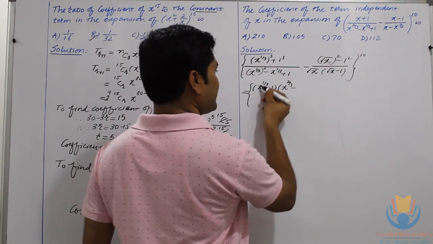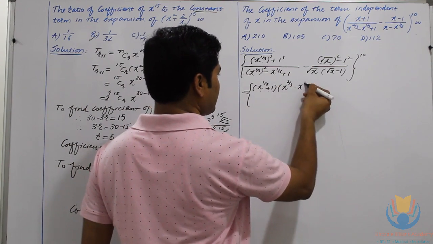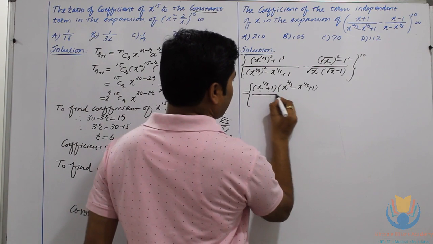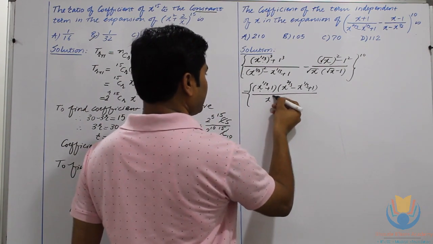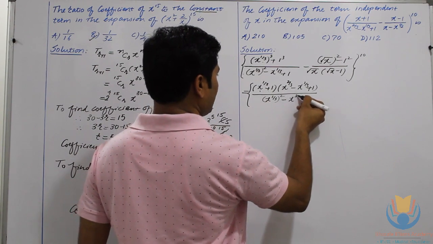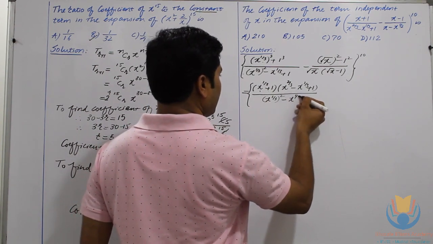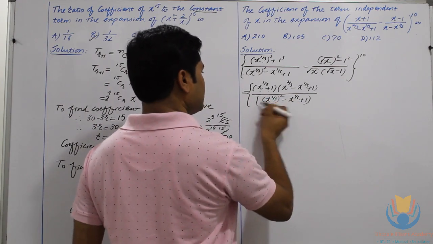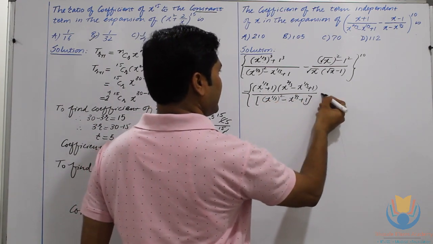is going to be equal to this 2 by 3 x raised to, and minus the product of those two terms, that is x raised to 1 upon 3 into 1, that is x raised to 1 upon 3, plus this 1 square is 1, and that upon this x raised to 1 upon 3 whole square minus this x raised to 1 by 3 plus this x, and this minus as it is.